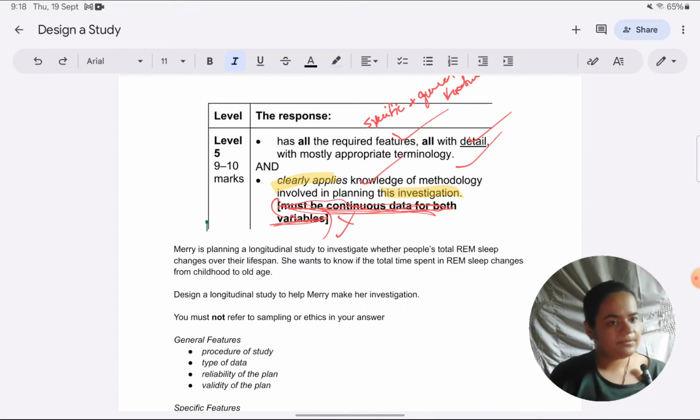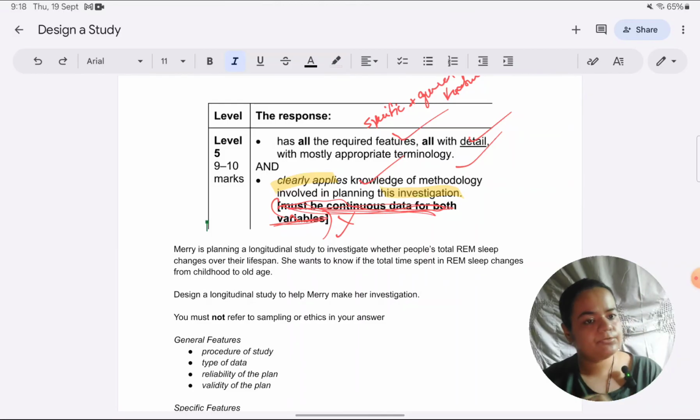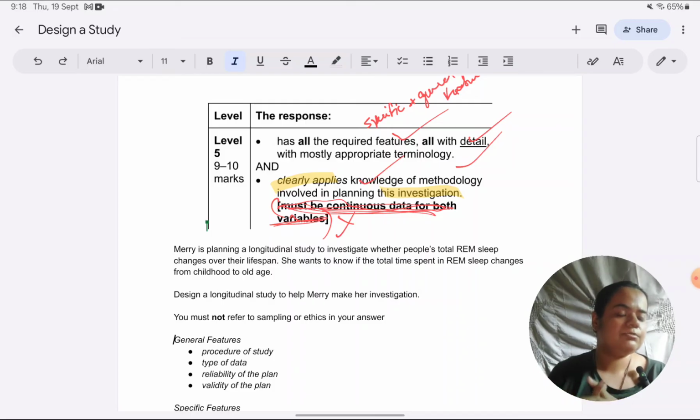As you have seen in this video, I have helped you to design a study. But I mentioned something at the beginning very quickly, and I just want to remind you of that. You need to practice to be able to write your study in paper 2. No doubt my videos and those of other creators who are also suggesting how to design your studies are very helpful, but they will not secure your high grade in the exam. You will secure your high grade in the exam when you practice your answers, when your mistakes are pointed out, and when you are told how to improve and correct your answers. It's good if you realize it now.